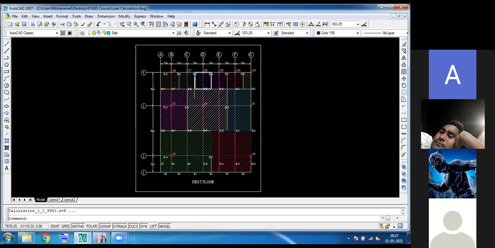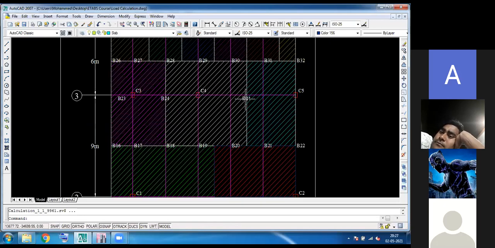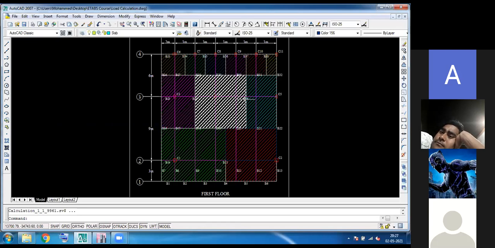In your college curriculum as well as in your work area, if you analyze the building manually, there are various methods, like the moment distribution method and the slope deflection method. So many methods are available to calculate it manually.